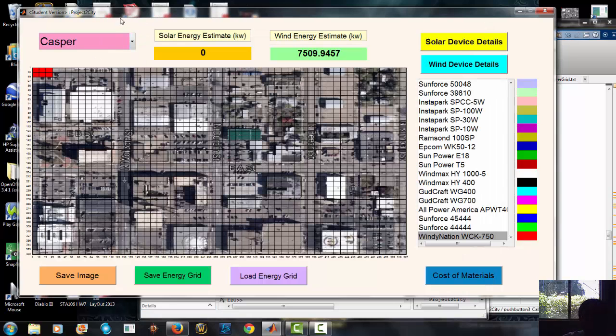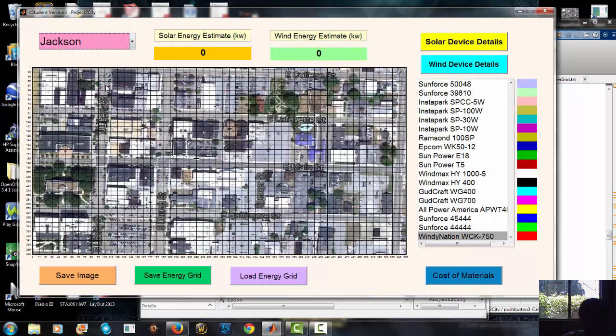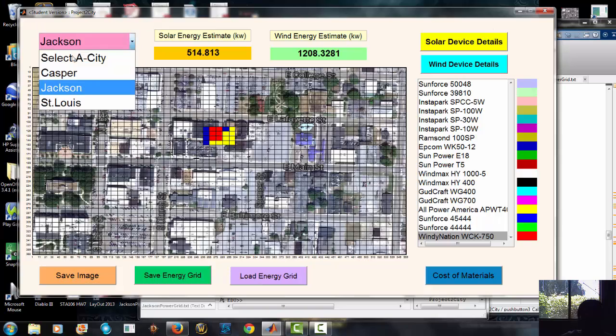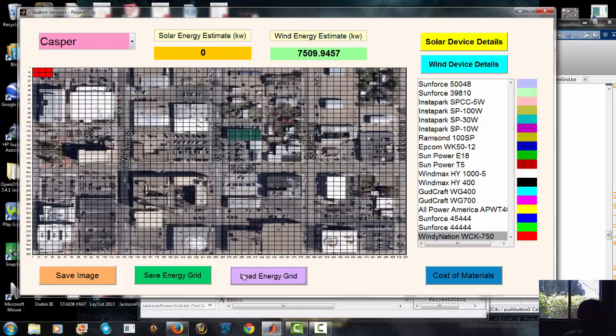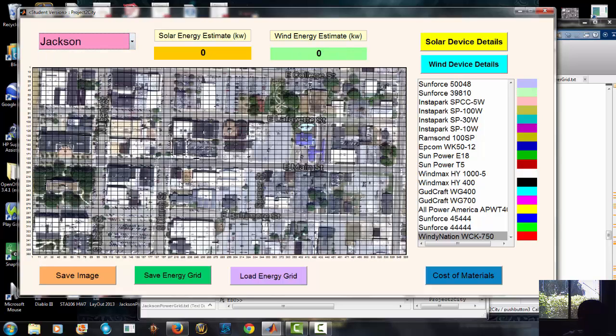And say, for example, you are unsatisfied with your work for Jackson. Here's your previous work for Jackson, and you want to replace some of these devices with different devices. All you would do is merely click over the ones you would like to replace, like such, and save that energy grid and save that image. And say you want to go back to a different city and work on that, and then you want to go back to Jackson and see if your previous work had overwritten your previous work. And it has, as you can see by the change in